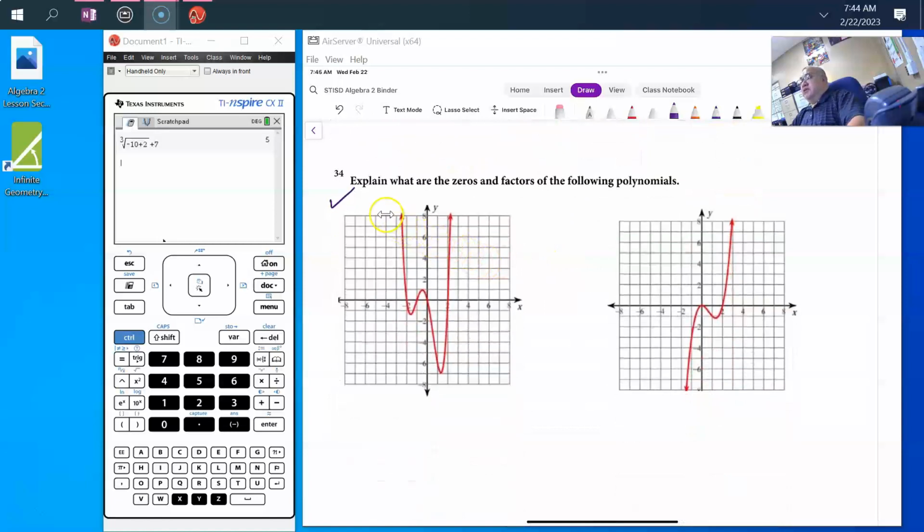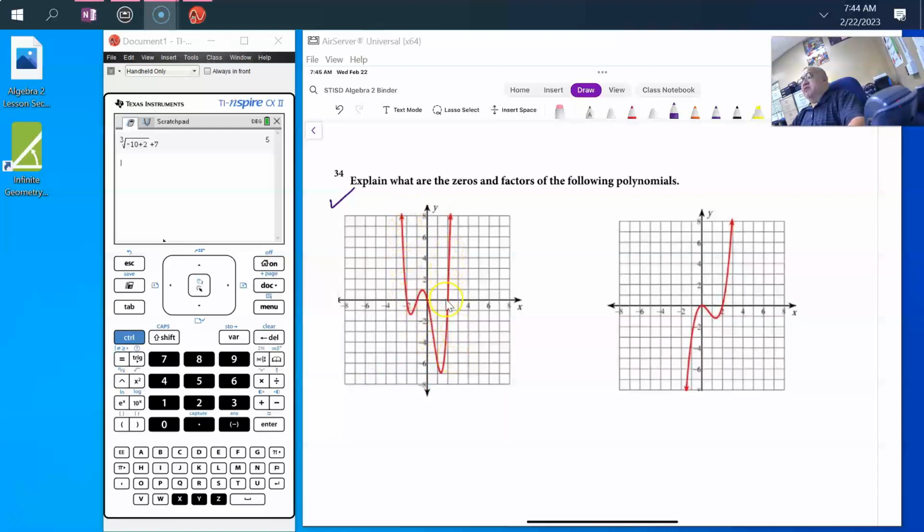34 is an open response. I want to know if you can write and explain what the zeros of this polynomial are. In this case, the zeros are -2, 1, -1, 0, and 2. So you have to write out and explain. It'd probably be good to say it's an even function. You can say that the end behavior is